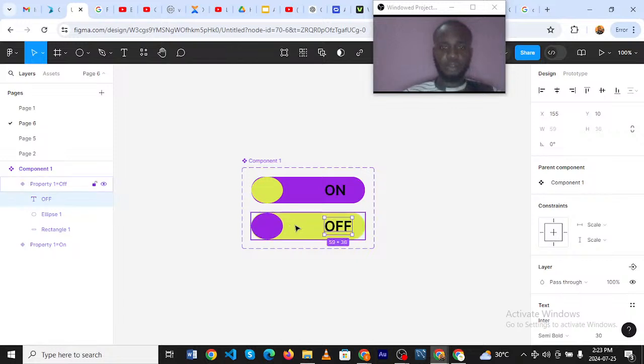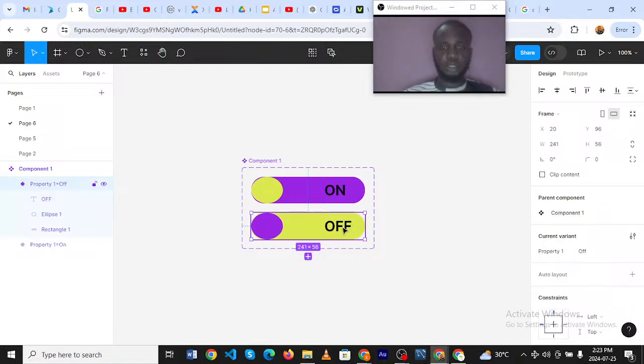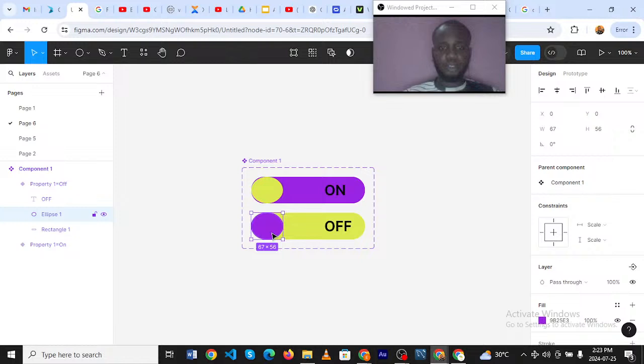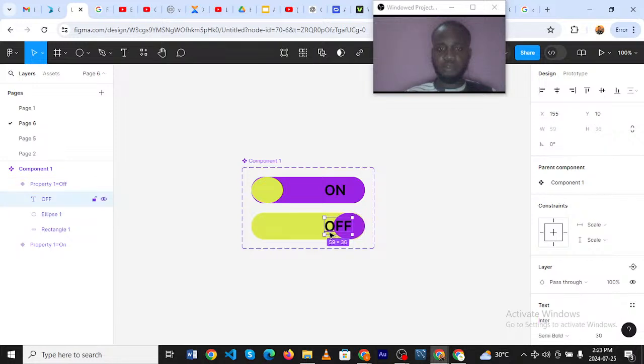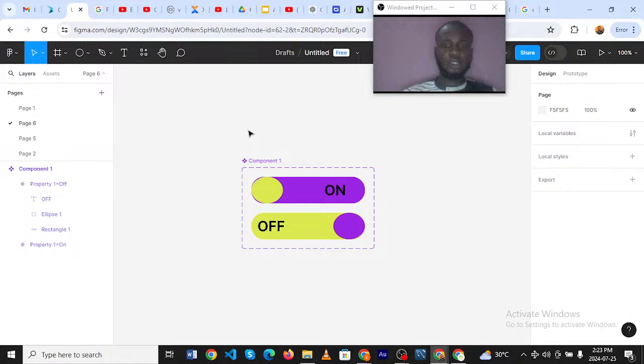So you come over to this circle and align it by this side. This is where it stays. Then we're going to take the text itself, come here and align it. All right, so let's adjust it. This is perfect.